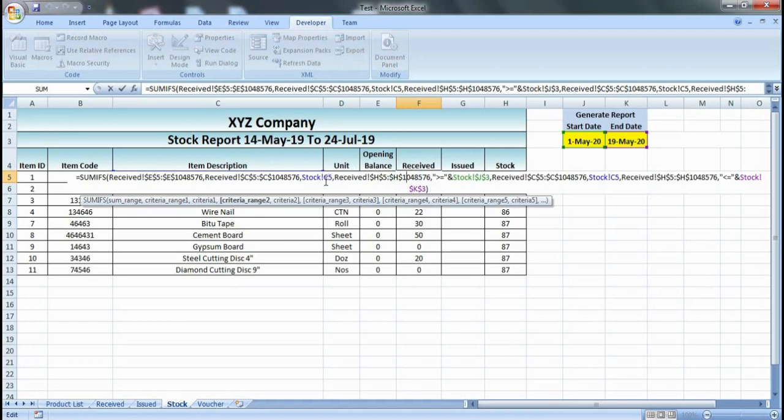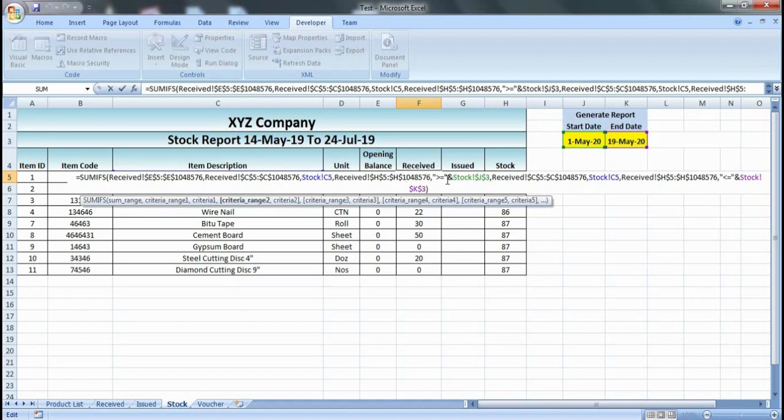Then we start criteria range 2. For that we use the date range. Okay, we select the date range. Then we mention the sign, because we want the sum from this date, equal to or greater than this date.